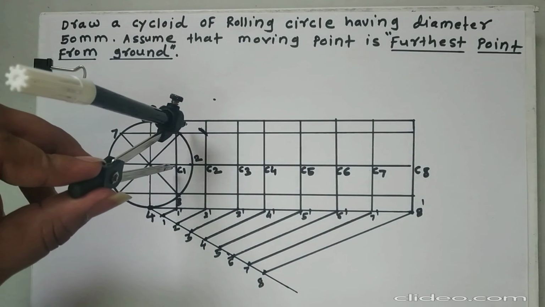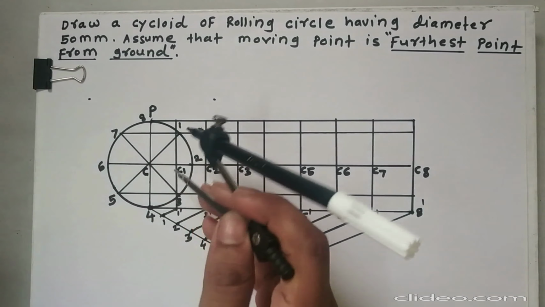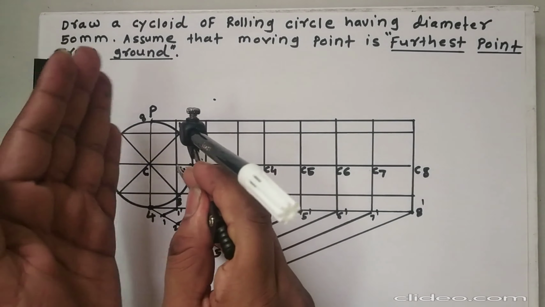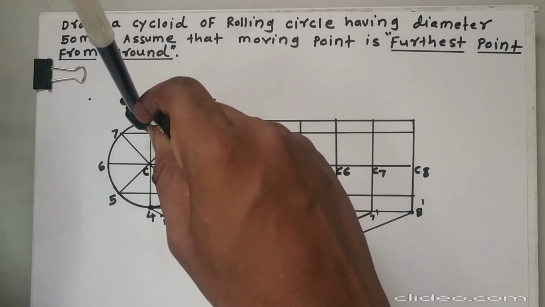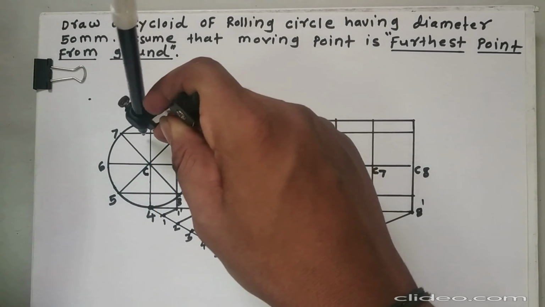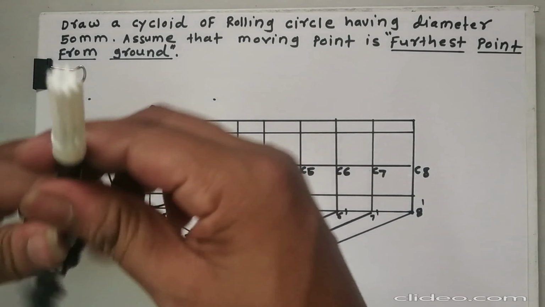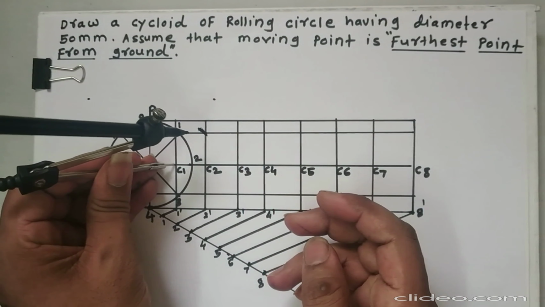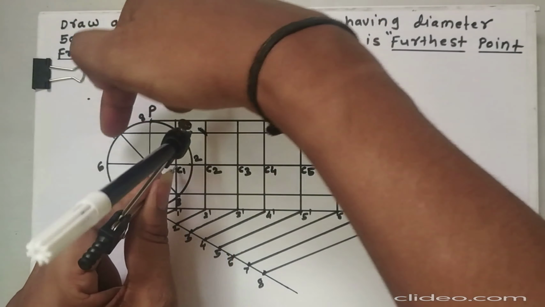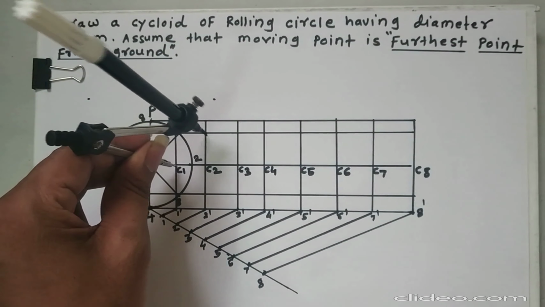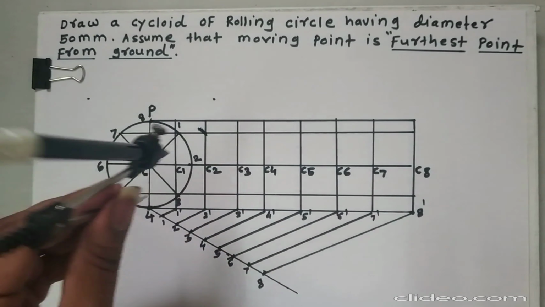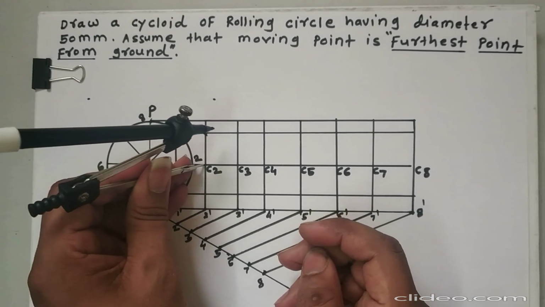Here the question arises, why have I not taken the left hand side? Because you can observe points 1, 2, 3 are on the right hand side. That's why I have taken C1 as a reference point and cut this 7-1 line over here. Similarly, same radius 25 mm,